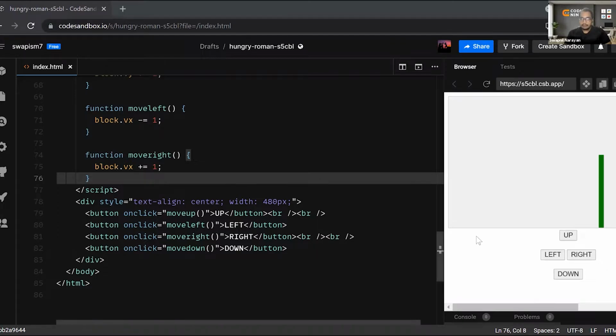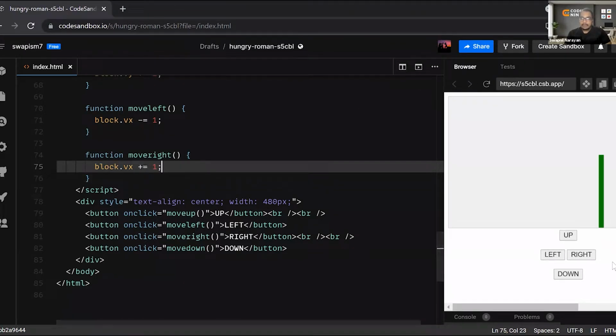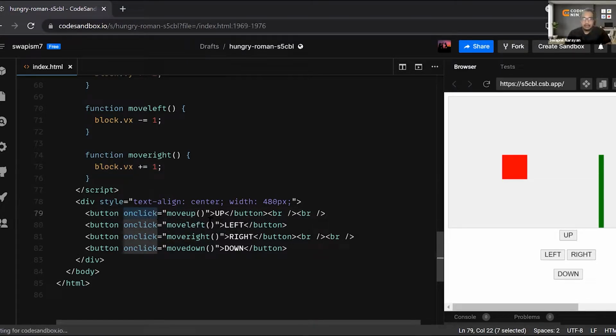Before that I need to add one thing which I may have forgotten: this thing is moving continuously, right? If I click on right, it will keep on moving, but I don't want that. I want it to stop. So what I can do is add two functions instead of on click. Mouse up and mouse down are two event listeners.